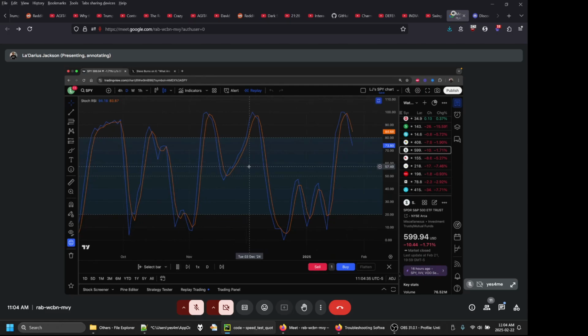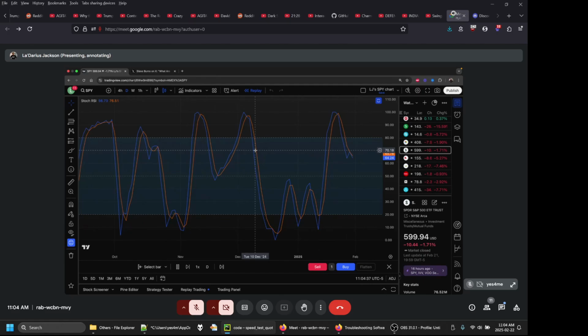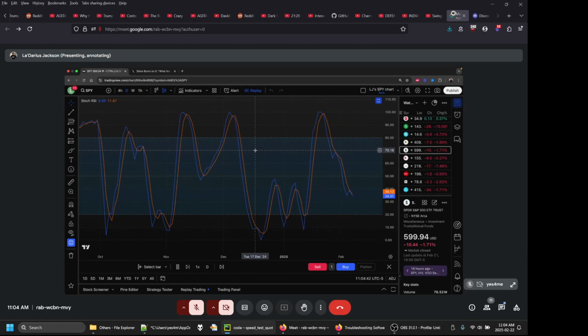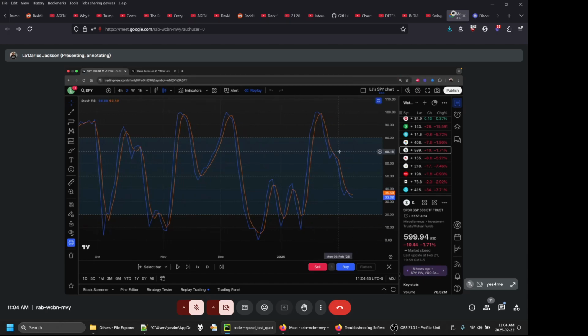Hit play. It continues to just drop off the top and continues to go down. So that's how the stochastics works. Again, it's going to take some time for you. If this is your first time setting eyes on these indicators, you may not get it on your first time, especially if you've never looked at any of this stuff before. But I say these 3 indicators, if you stick with it, is definitely going to help you. And you can take the trades as slow as you want. So just remember the same parameters. Remember to check in at the right times, and then you should be good at taking it